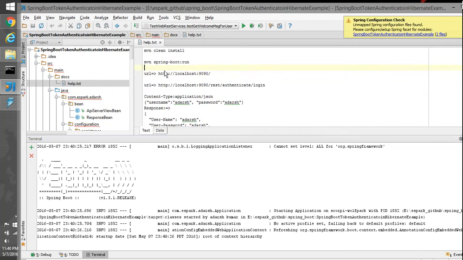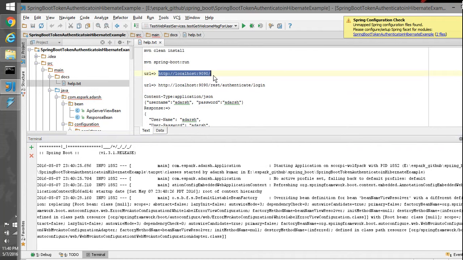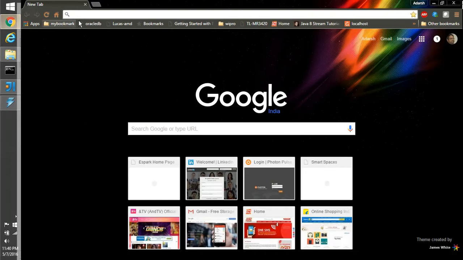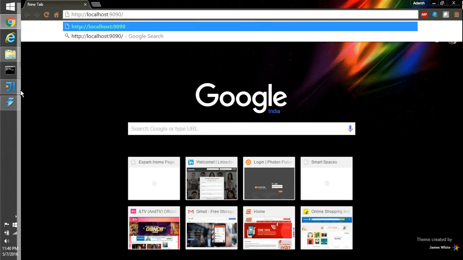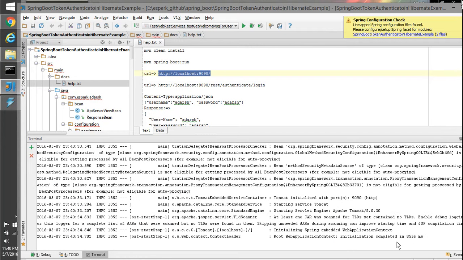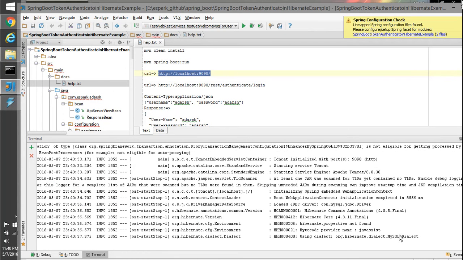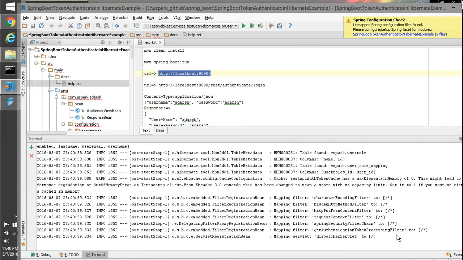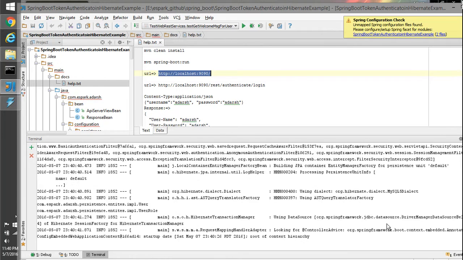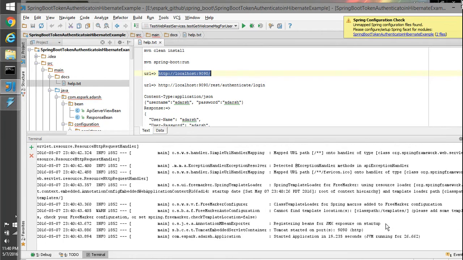So if I hit this URL, I'll get a default. So the application is still not completely booted up. It takes time. So now see, the application comes up on 9090.